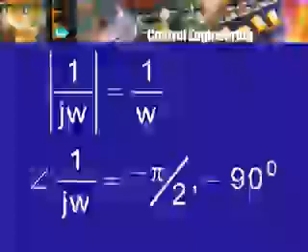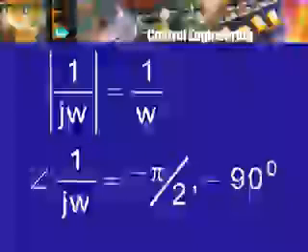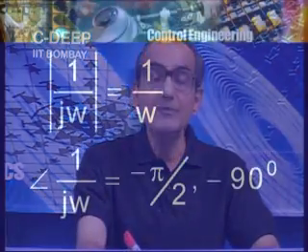Now, I hope you have not forgotten your j manipulations. The argument of 1 by j omega when omega is positive is minus pi by 2 radians or minus 90 degrees, or this integrator produces a 90 degree lagging phase shift. Therefore, the phase shift of the original GH loop transfer function is increased by an amount 90 degrees, and the phase shift, as I had pointed out just now, was a lagging phase shift, as a result of which the lagging phase shift will be increased further by 90 degrees,